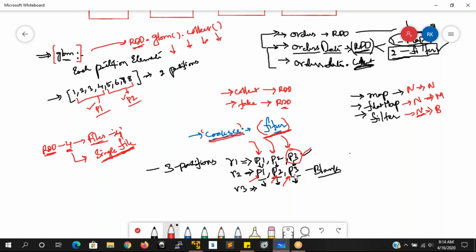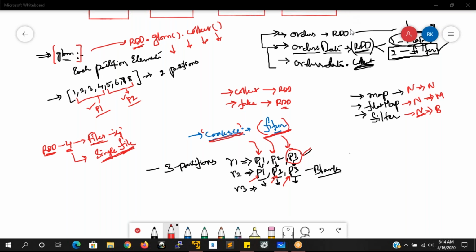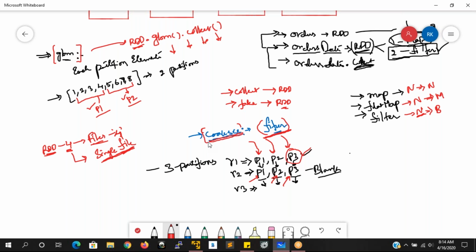Are you able to understand what I'm trying to say? Yes, Ravi. So Hari, you're getting it? Yes, Ravi. Okay, so this is the understanding of applying the transformations and working with your RDDs. Everyone will say, if you read the documentation, you will get to know the purpose of the transformation, but how it works internally and when you have to use it, that is what makes the difference from the others.